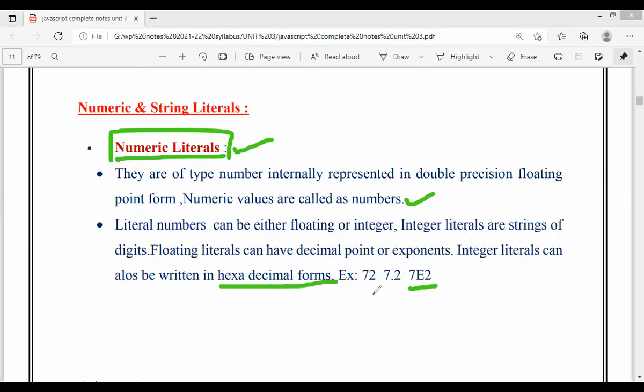So 72, 7.2, all these are called numeric literals: a combination of integer, floating, and hexadecimal numbers. When a question is asked to you to explain different JS primitives, at that time you can start with this. The first one is the numeric and string literals.